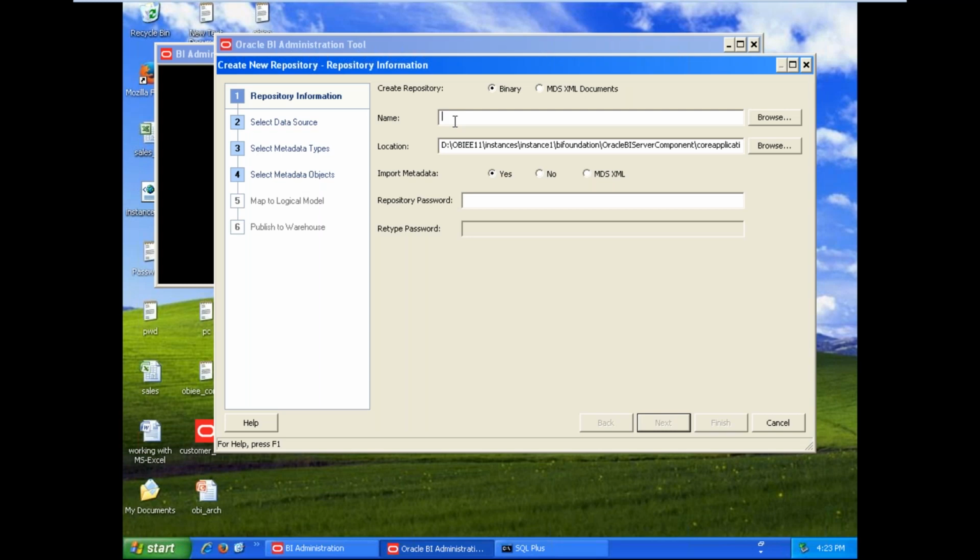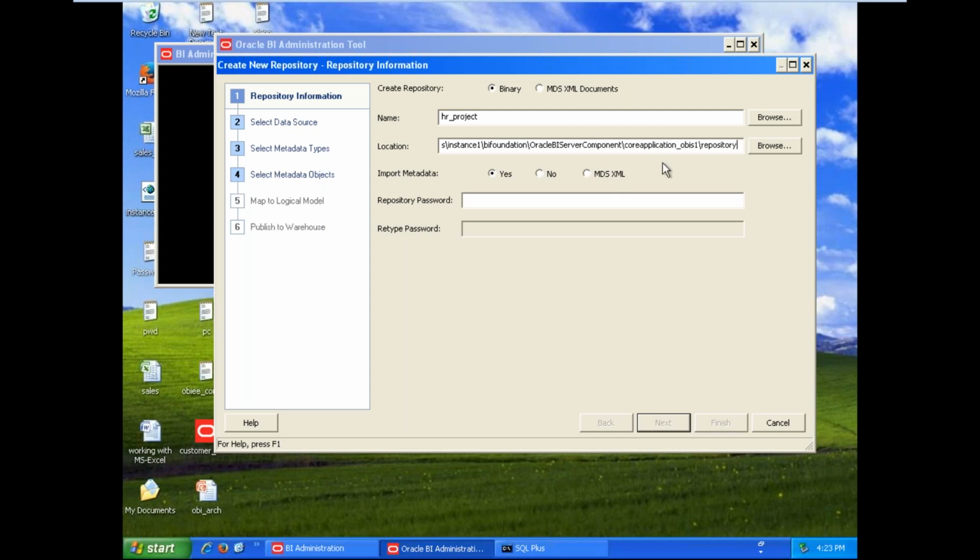For example, here I provide the title HR project as the name. It is saved at the server location. In the server, we have a repository directory where our RPD file is saved. Always create a repository with a unique name.